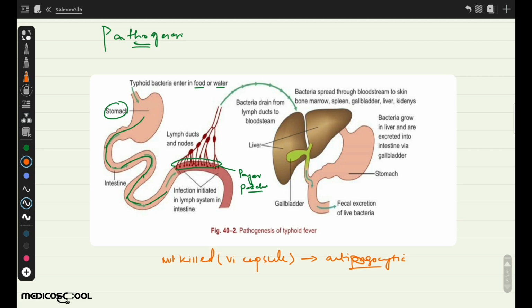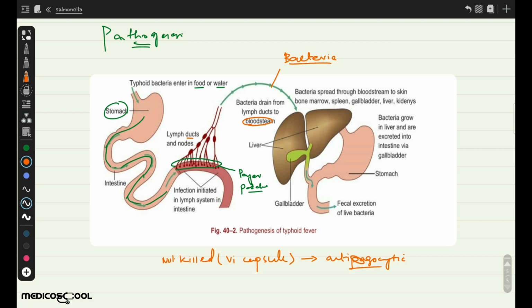lymphocytes. Now, from these lymphocytes, the lymph ducts pass into the bloodstream, and with the help of these lymph ducts, they are passed directly into the bloodstream to cause the bacteremia. It is the stage where some clinical findings in the first week appear. Through this bloodstream,